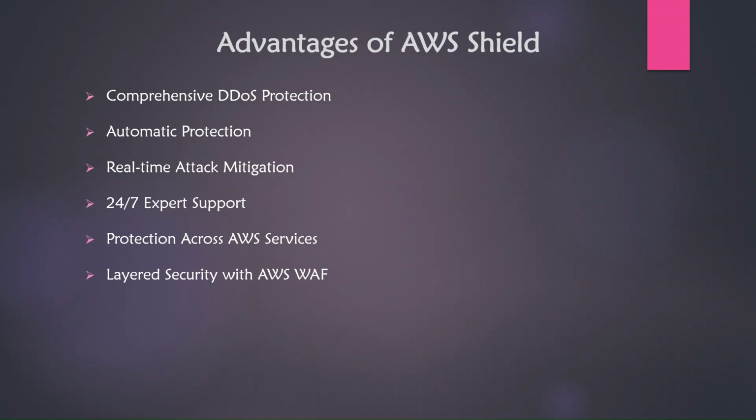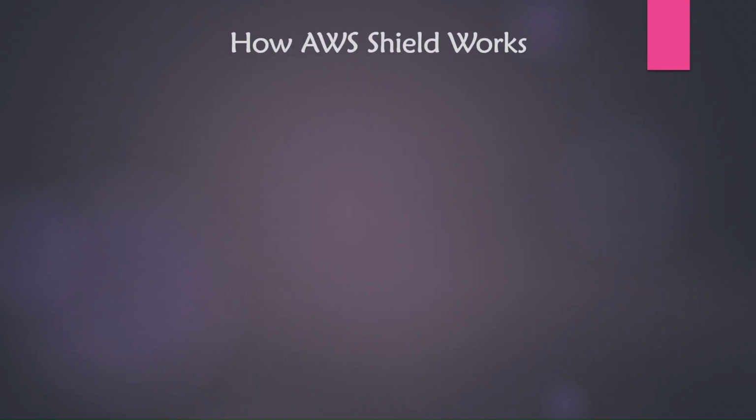So, these are the advantages of AWS Shield. Let's understand how AWS Shield works. AWS Shield works by providing a multi-layer defense against DDoS attacks on applications and services hosted on AWS. Detection of DDoS attack. AWS Shield uses advanced algorithms and machine learning to continuously monitor traffic patterns. It detects unusual spikes in traffic or patterns that resemble DDoS attacks, such as a large volume of requests from